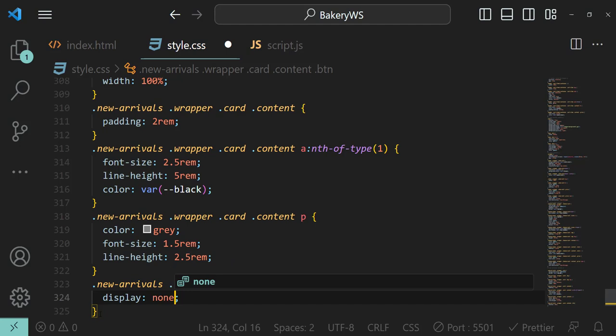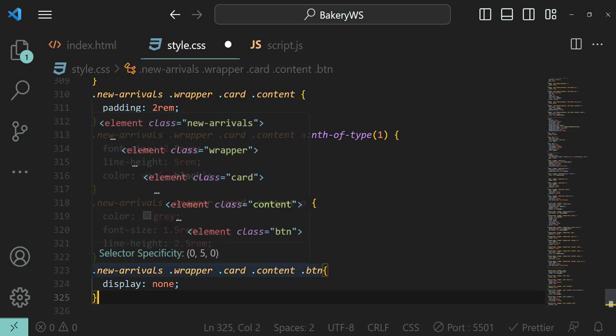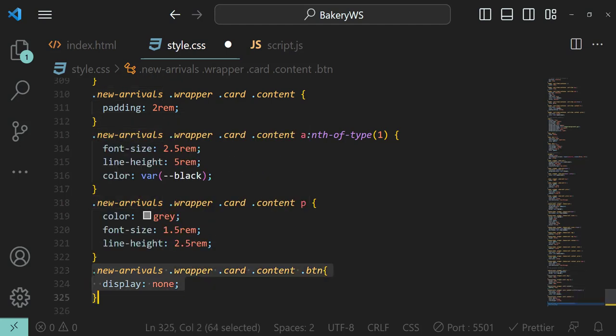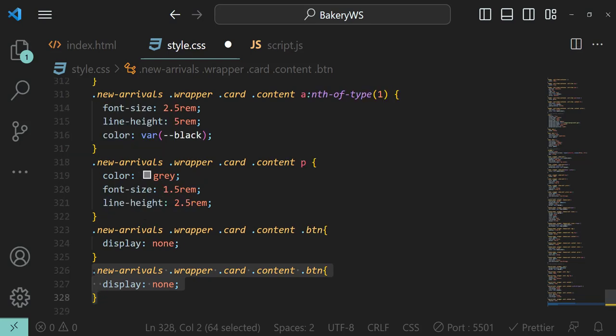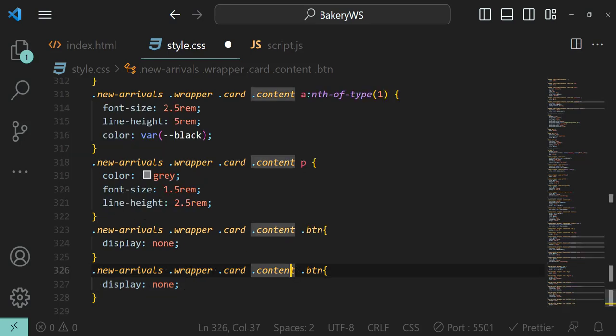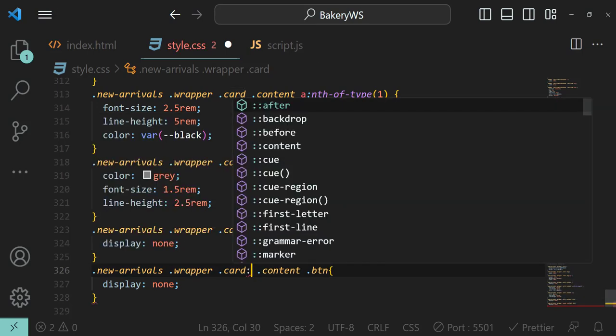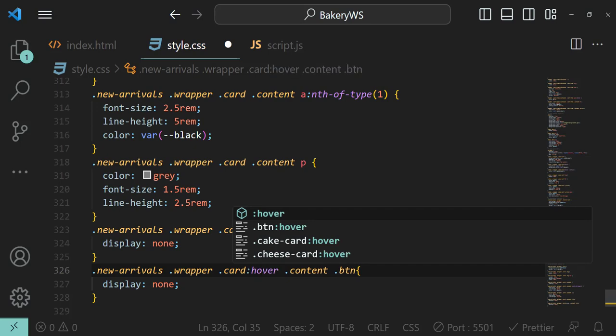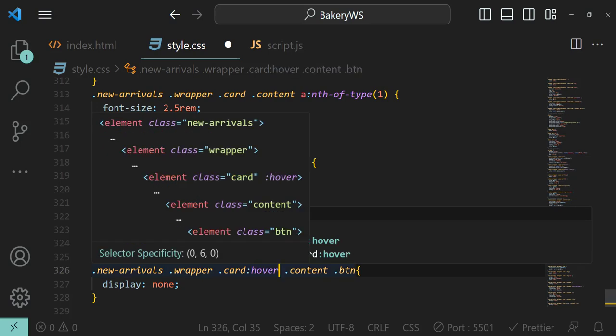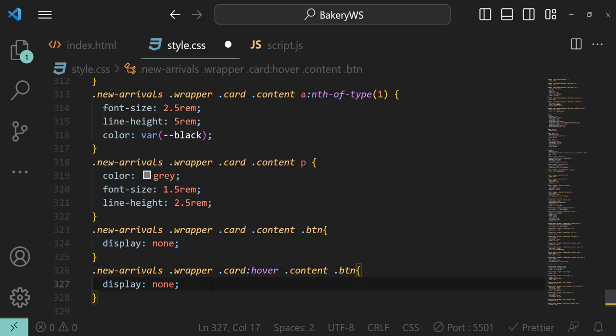Display is none by default. Copy paste it, and now when we hover over, not the content but the card, when we hover over anywhere in the card, therefore we have to set this hover class for this card, delete, and